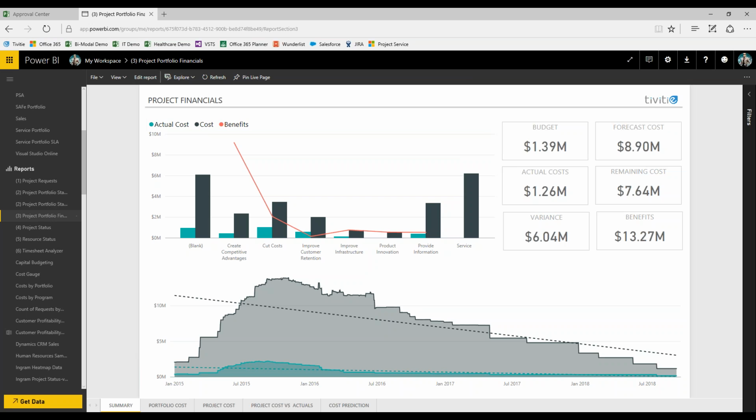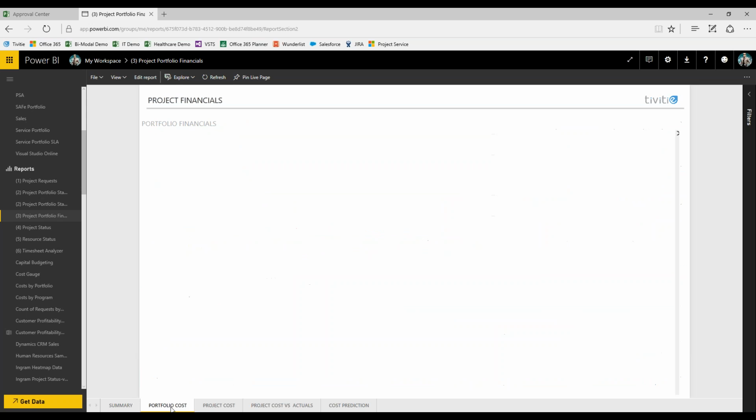And as we look at the types of costs and information that come from either your financial system, from data within the financial planner, or from the project costs that are planned out in Microsoft Project, we can start looking at things like charts about plan versus actual costs and how they're tracking versus the benefits we're looking at achieving. Some totals or summarizations of the total data. Looking at some trends and seeing where things may end up and how we're projecting over time. And we can look at it from different dimensions.